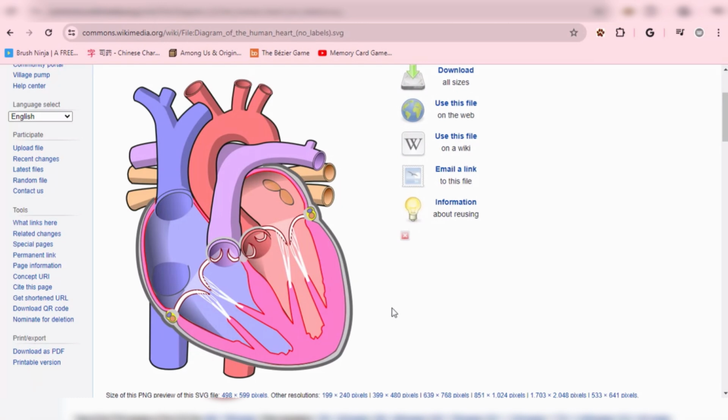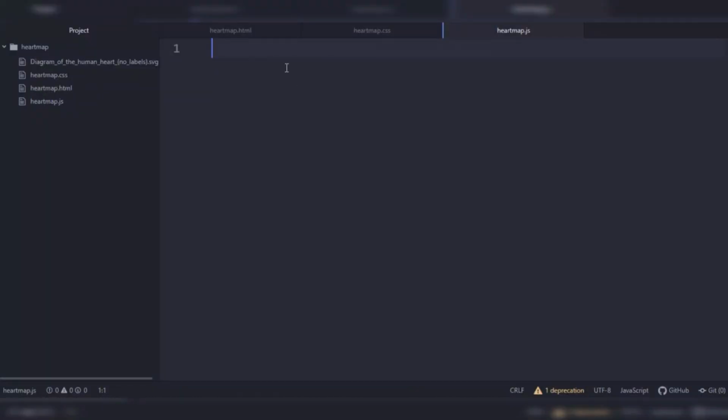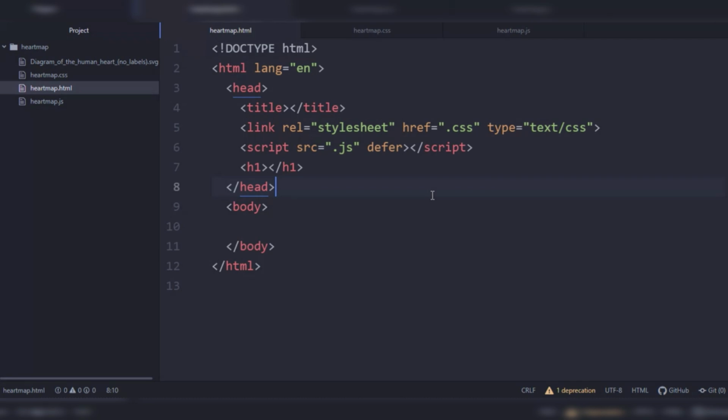go ahead and go to your code editor. And why am I on JavaScript? We're going to start with HTML first. And now we just need the skeleton, right? Because HTML always starts with a skeleton. Okay? And here is our HTML. The first thing we're going to do is